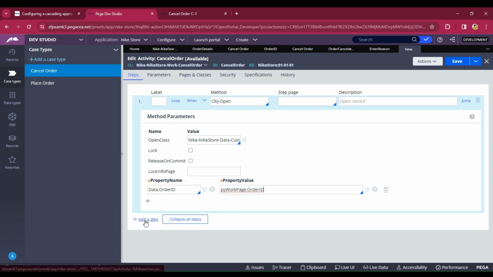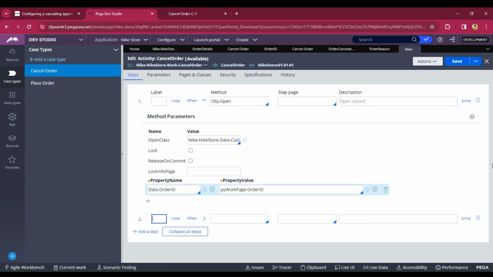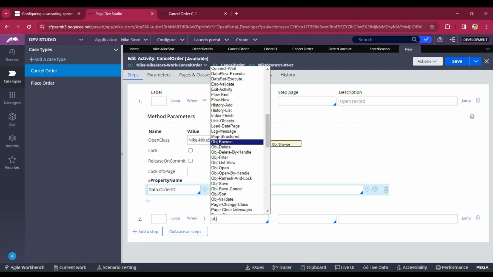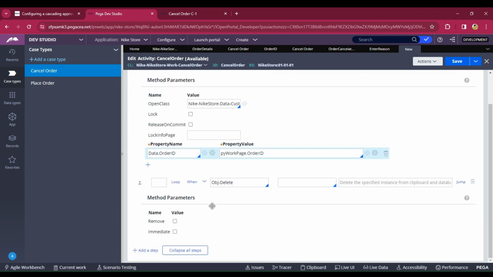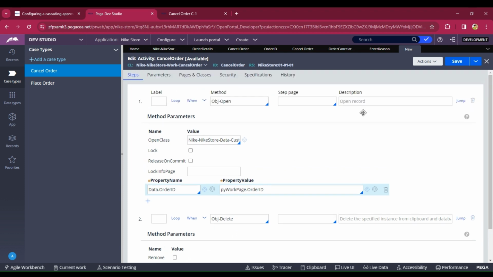And when you click on add a step, and here another method obj delete, and expand this, and here you can check remove immediate if there is any warning shown. Here I'm not using the checkbox. Click on save,